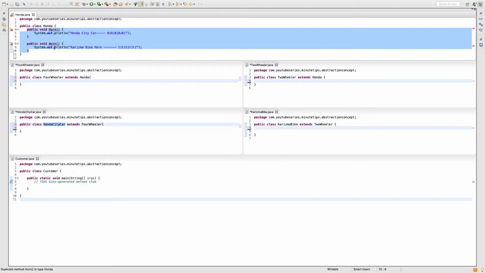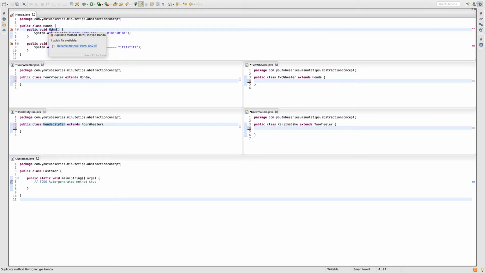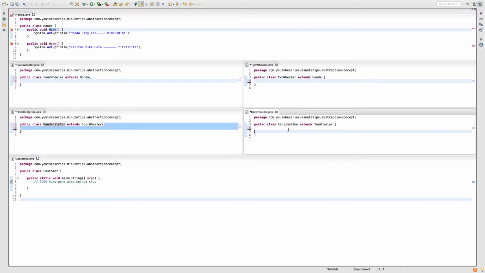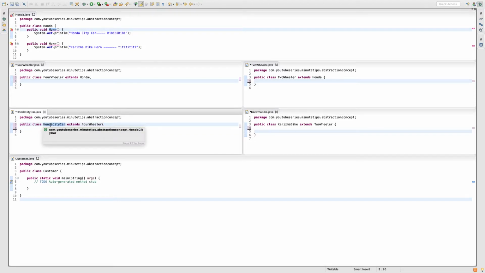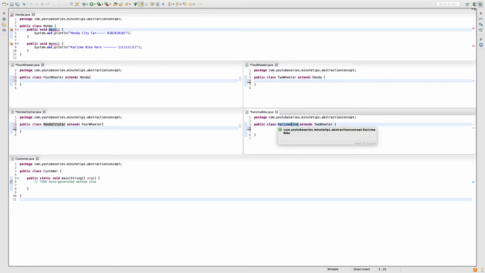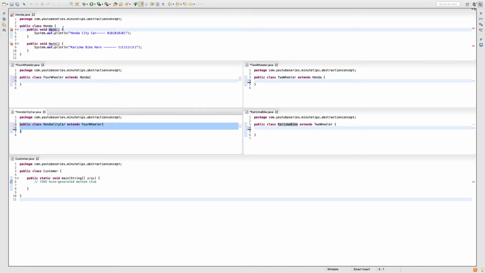And I also know that I need this method definitely in my car class as well as bike class, because both my car and my bike will have some horn. So how can I solve it? I know that whenever I'm designing a car, definitely I need to include a horn in it. Also, whenever I am designing a bike, I need to have a horn method in it. To solve this problem, I know that these classes must have these two horn methods.